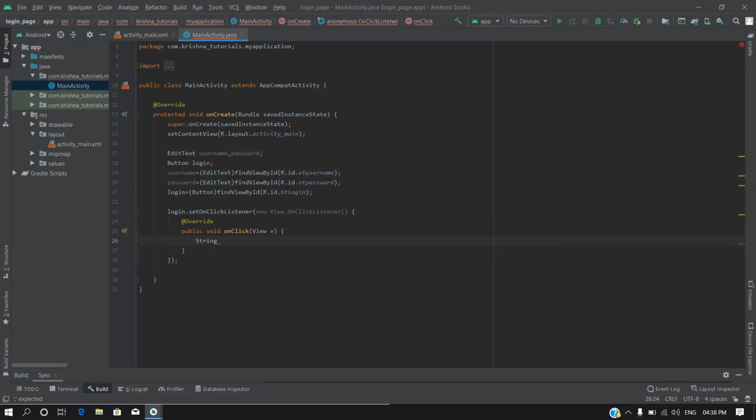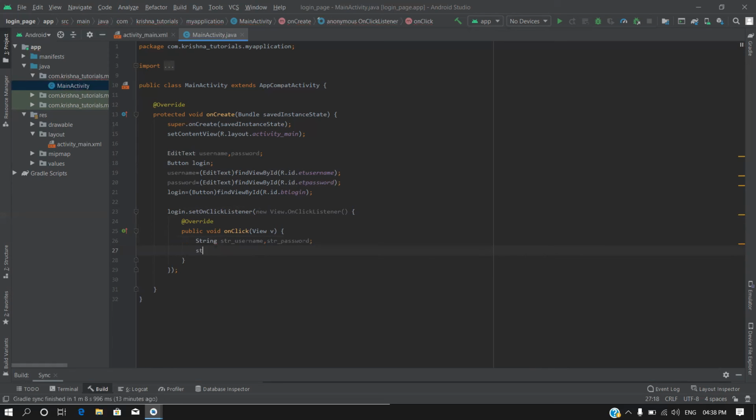If so, it will generate a toast that you have logged in successfully. Okay, so let's convert this username and password: str username, then str password.